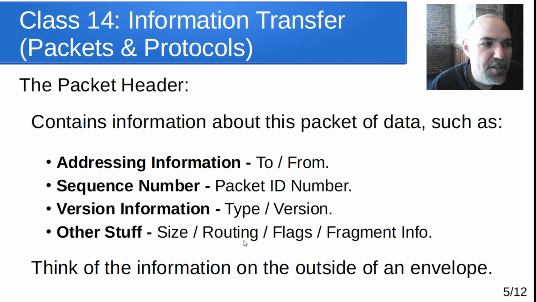There also might be version information about how the packet was created, or what type of packet it is, what version it is. And there could be some other stuff there as well, depending on the kind of network or the kind of communication system we're building out of that. Now, again, think of that information like stuff that would be on the outside of the envelope that is wrapping